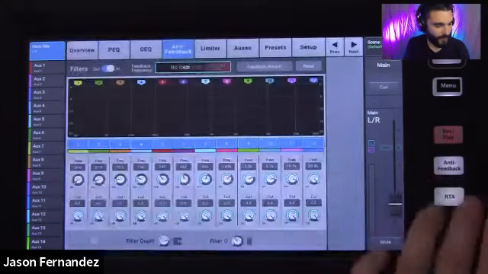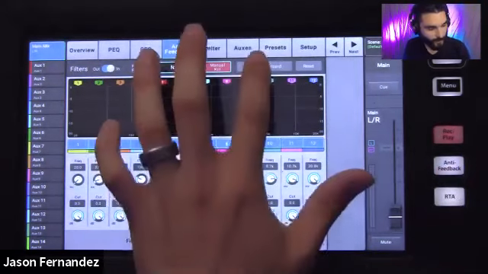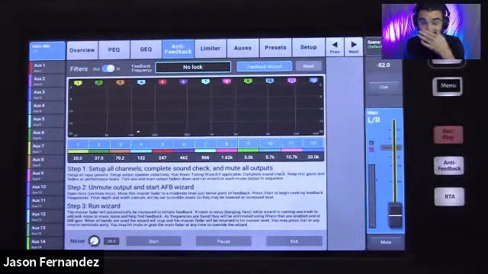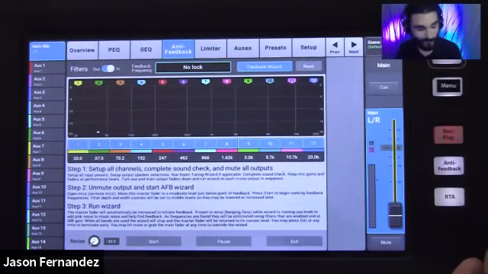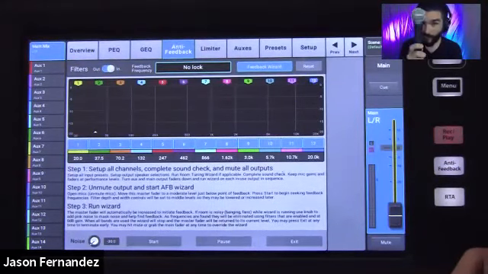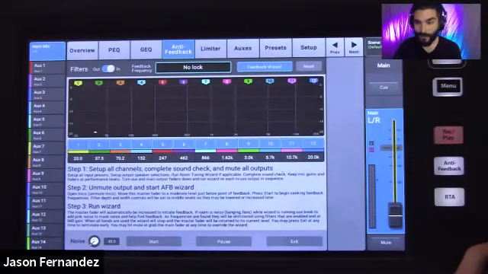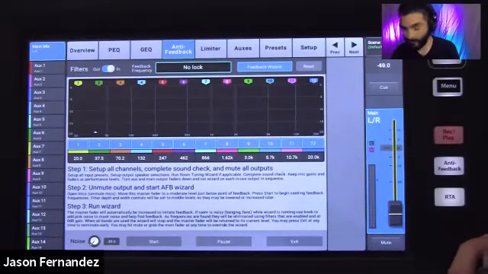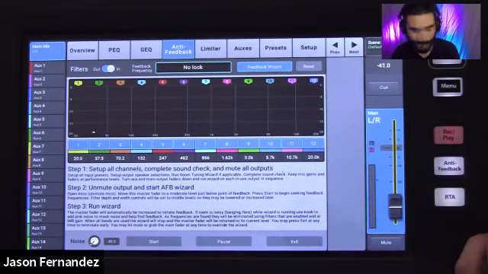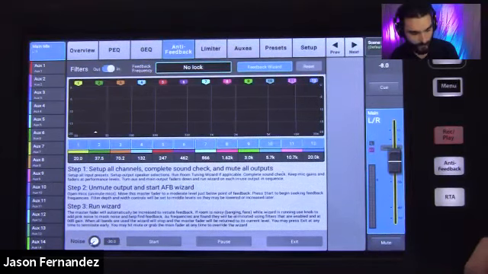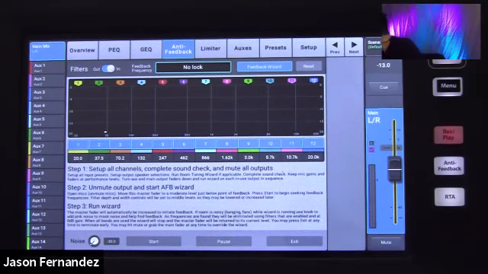I'm going to go back into my anti-feedback here. And before I get into the wizard, I'm going to bring this level right up to the point where it's going to start to take off on me. So I'm going to take my microphone and put it right in front of my desktop monitors here. I know that's probably creating a lot of cringing out there right now, but I'm going to get this up a little bit and listen to this. And right at the point where it's going to start to take off, I'm going to back it down. I know you want to. You can do it. I'm going to do something else here. Pull that out temporarily.